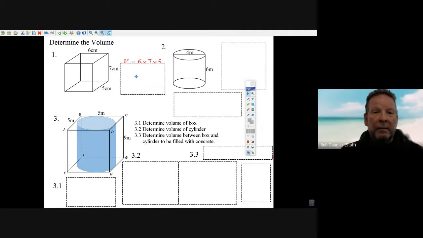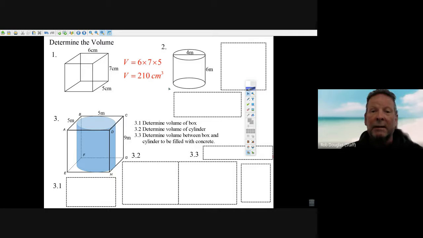And all we do is we take the area of one of the sides. It doesn't matter which one. Say 6 times 7, that'll give you 42, and you multiply it by the other side. Well, 42 times 5 is 210, so it's 210 cubic centimeters. When you ask for volume, you're asking how many cubes fit in an object, so make sure you get